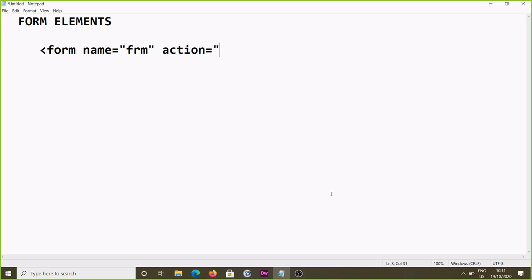So action means the direction we have to give. Action means the destination where you want to pass all of this information. So that page name, you write here, suppose your page name is test.php or test.html, whatever.